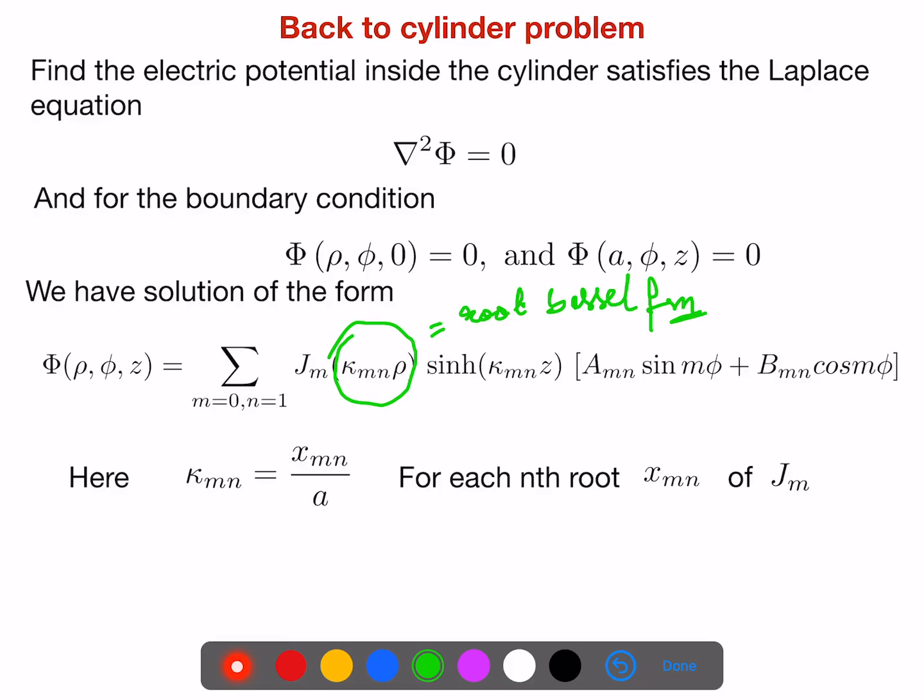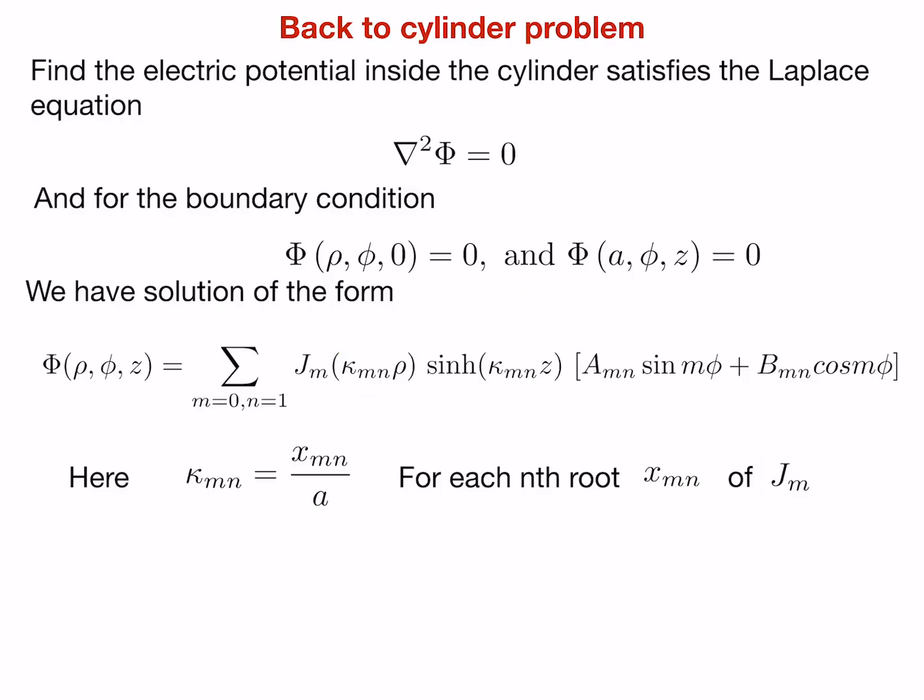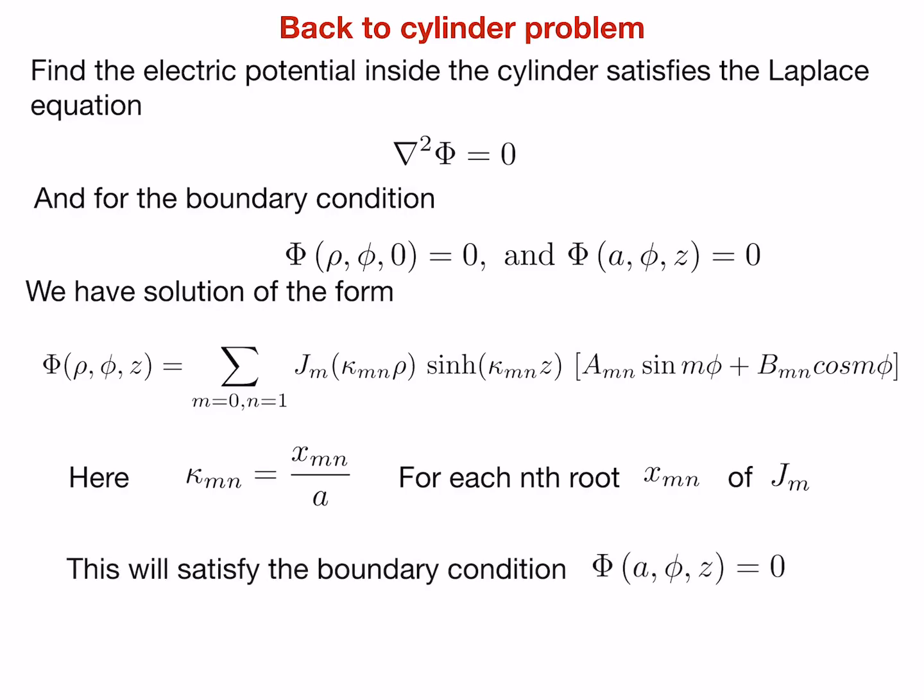For this case, alpha mn should be equal to x_mn by a, where x_mn is the nth root of the Bessel function Jm. So this potential now naturally satisfies the boundary condition, and then we can use it as a solution to the